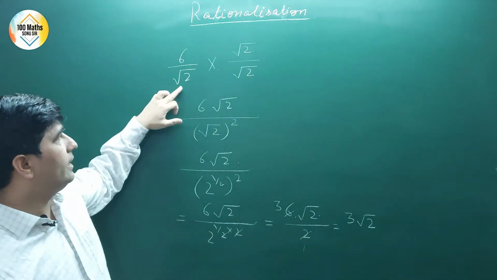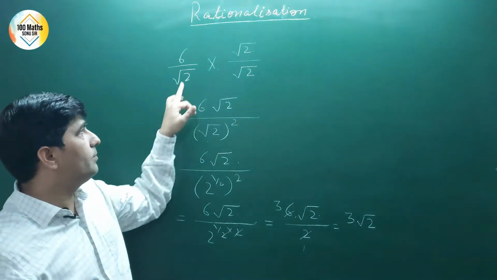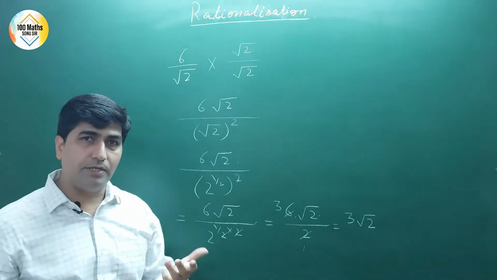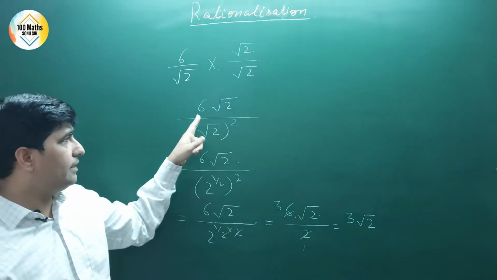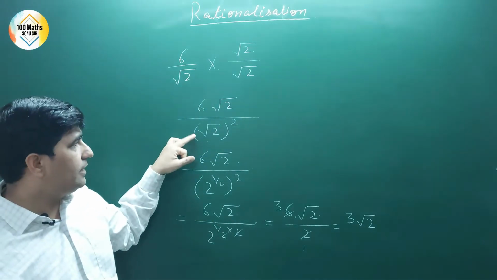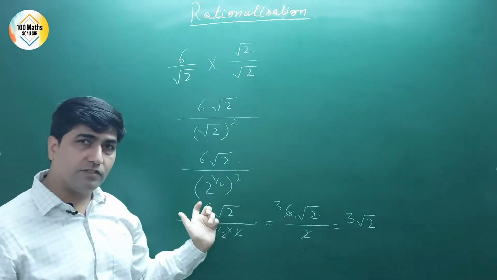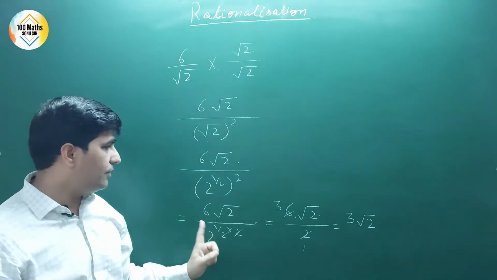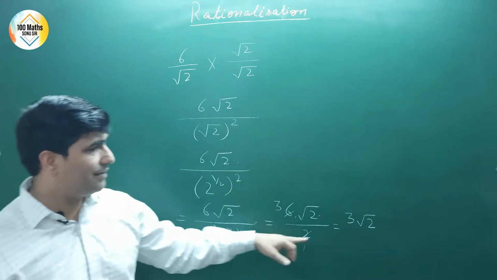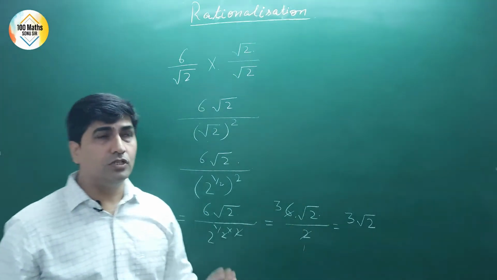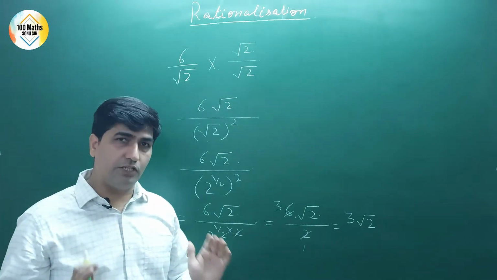I repeat, if a number is containing only one term which contains a square root sign, then we multiply by the same term or the same number, and this number is known as the rationalizing factor. So multiply by the rationalizing factor and denominator becomes √2 square, and root means power half and this is a square, so they will vanish. Means what will come? It will come 2 raised to power 1, right, which you can further cancel with 6 and the answer is coming 3√2. So this is the case when there is only one expression in the denominator.